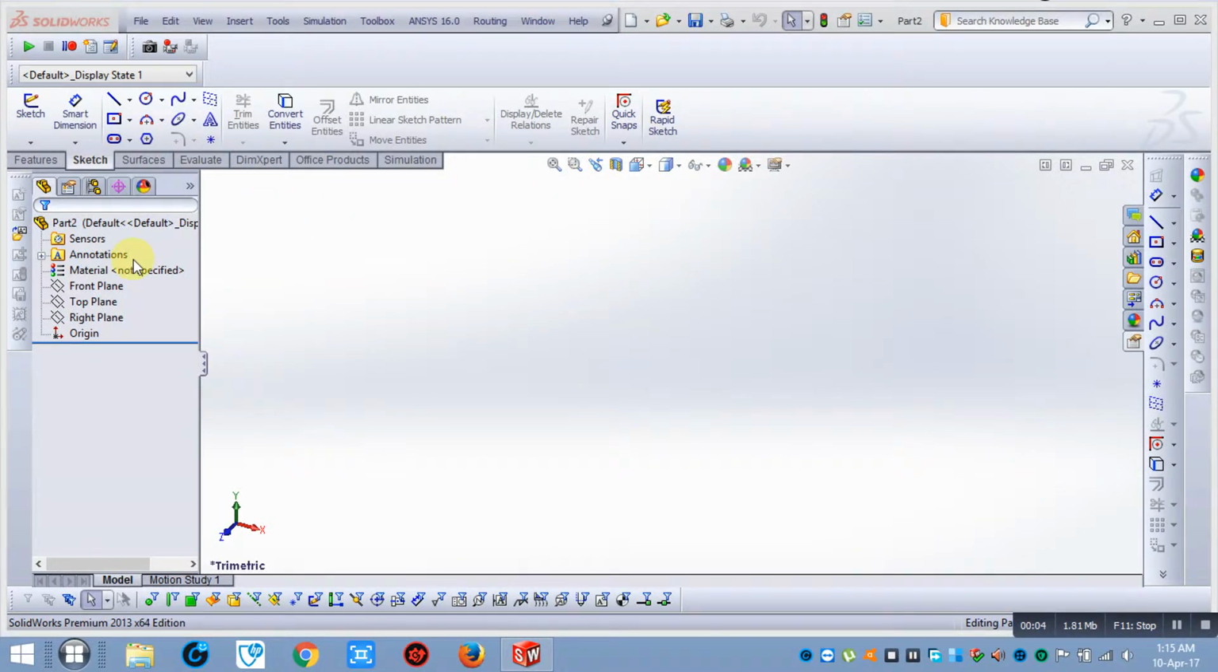Okay, hi viewers. In the last video, we saw how to make a linear pattern of a 2D sketch in a 2D system. As I told you at the end of the video, we will discuss how to draw a circular pattern in a 2D sketch. In this video, we will see how we can draw